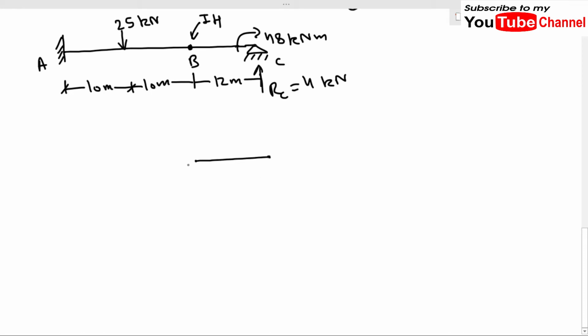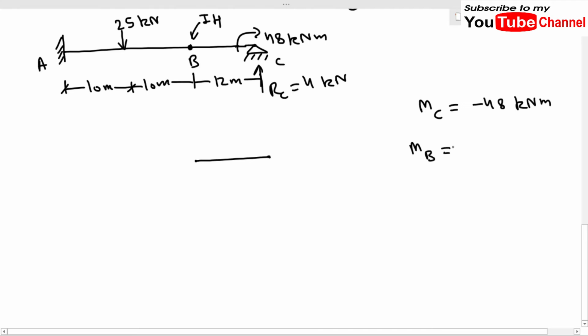Okay, so this is our BC. Now what is the moment at C? So what is the value of MC? So at MC we have a concentrated moment, and this concentrated moment is producing hogging in this portion BC. So we will take this as minus 48 kilonewton meter. Okay, and what is the value of moment at MB? Okay, so we have minus 48 due to concentrated moment, and